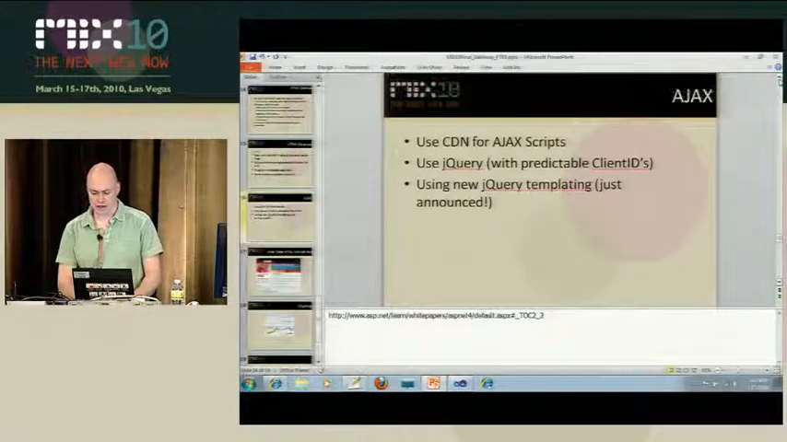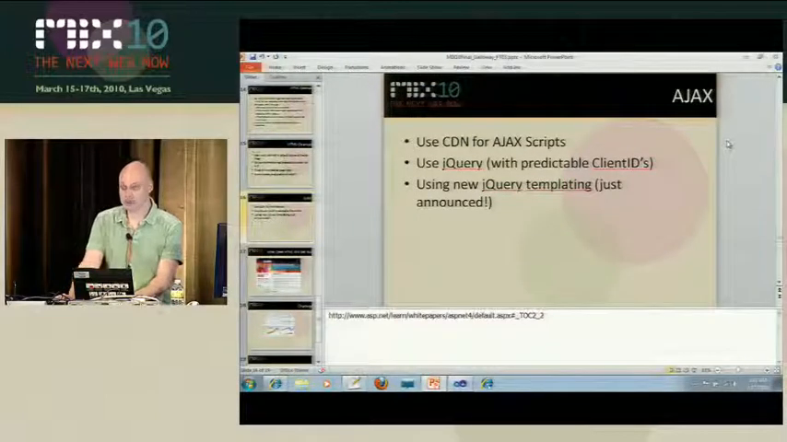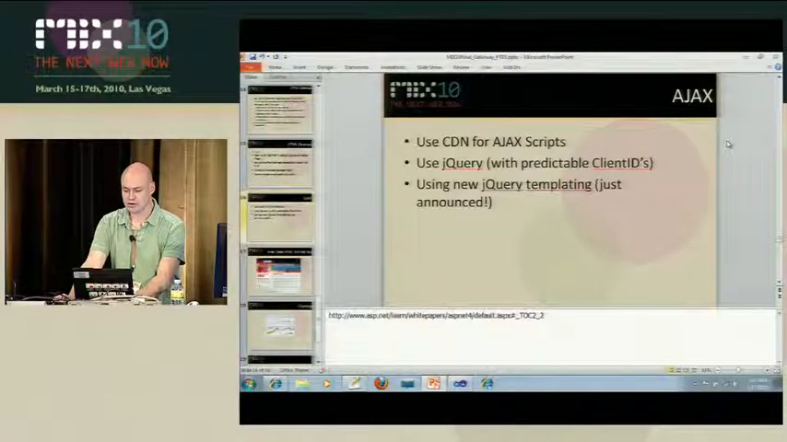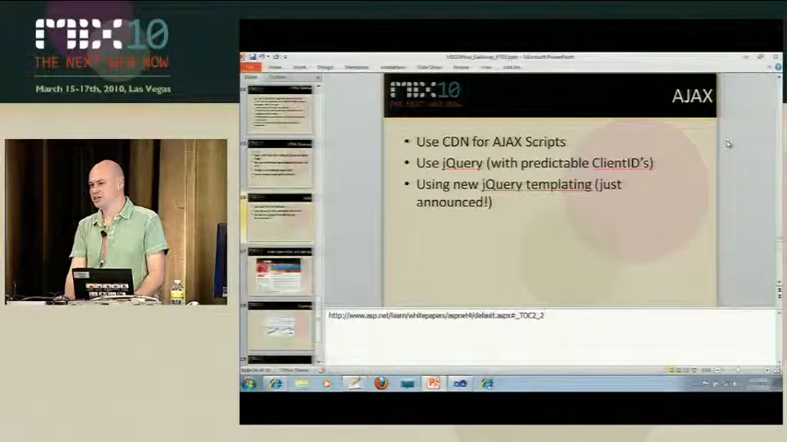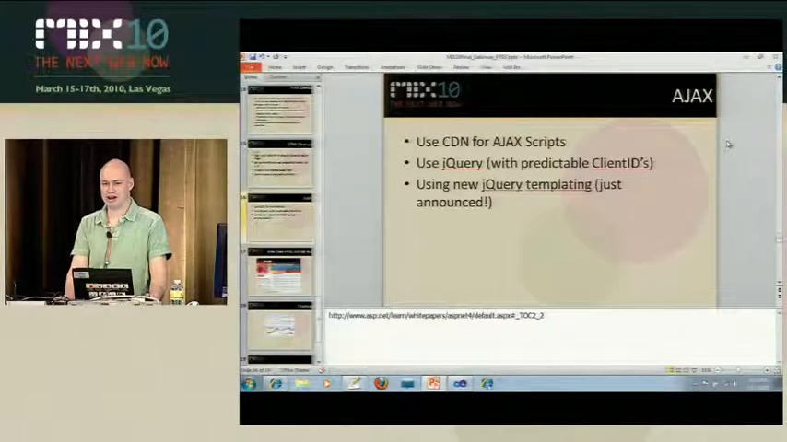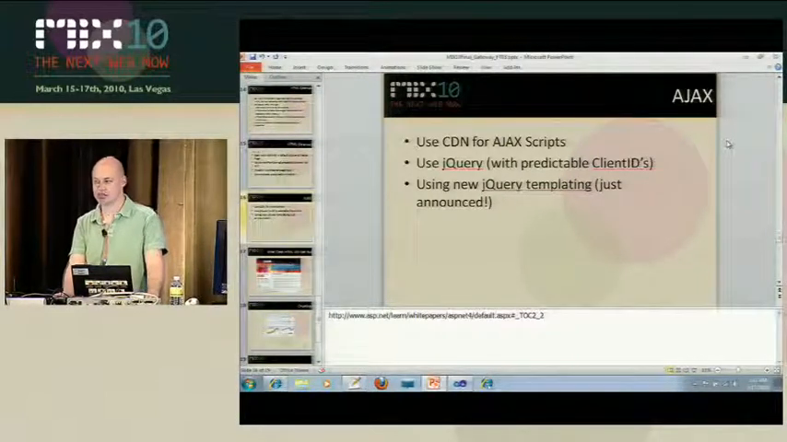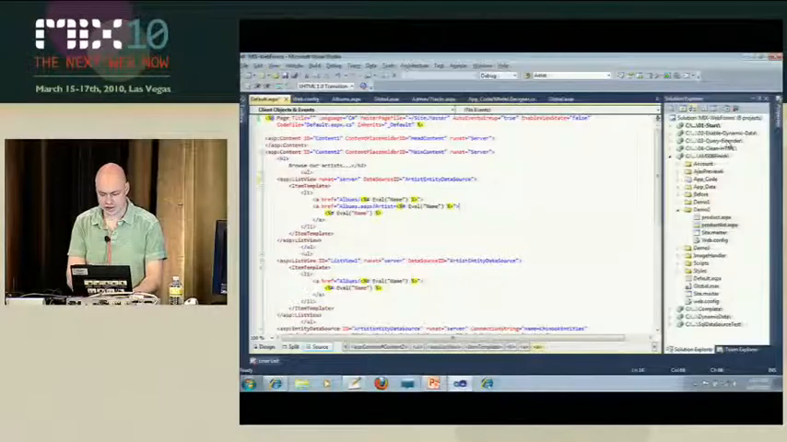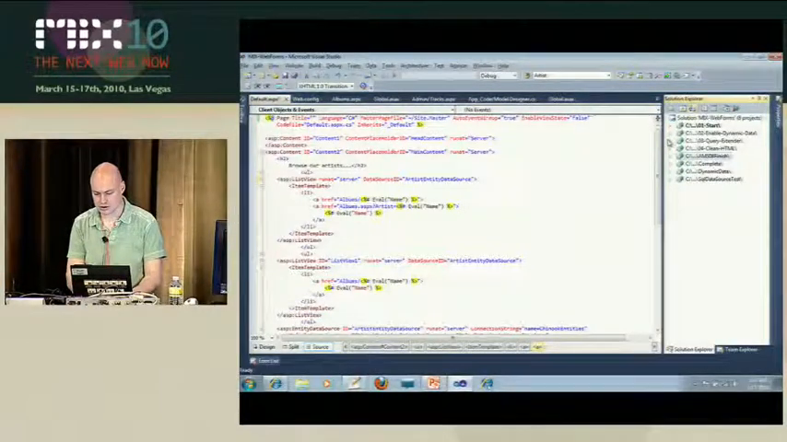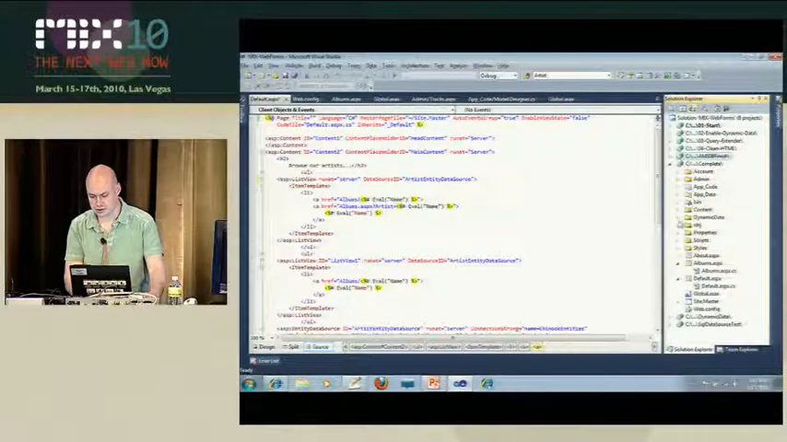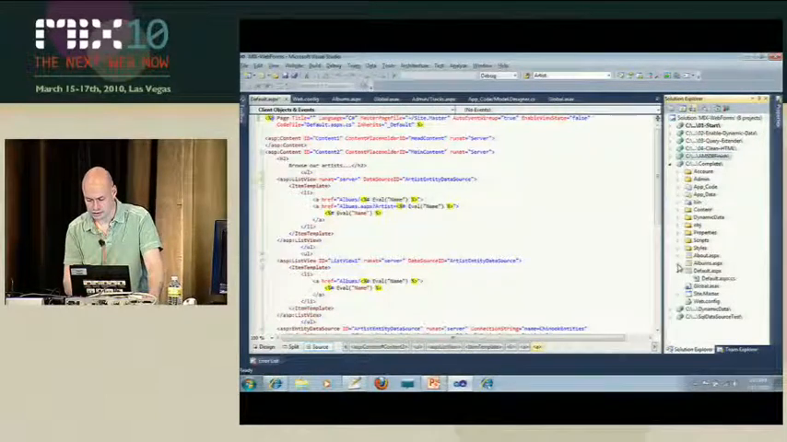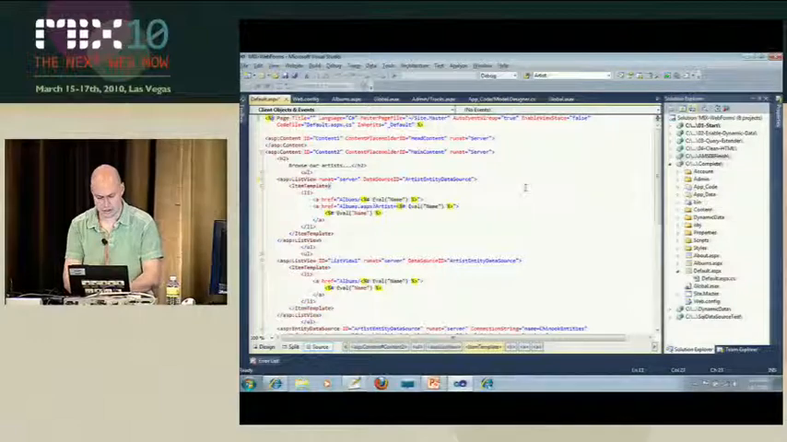Okay. Let's take a quick look at Ajax. So I had a bunch of demos, and then based on how things are changing around now, I'm not going to show some of those. But the one thing I did want to show is CDN for Ajax scripts. So in our script manager,